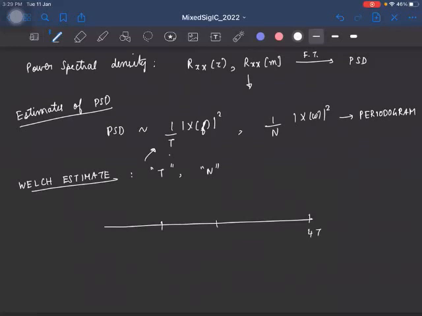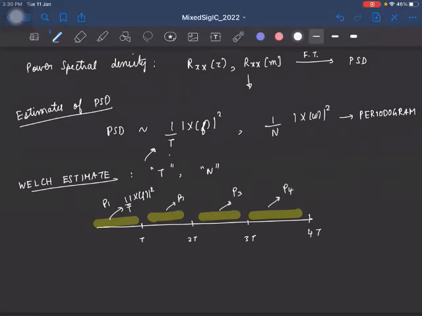So I'll have 4 segments, each with an interval of t. So this is t, 2t, 3t. Okay. So what we do is for each segment, we find the periodogram estimate. That is, we find the magnitude squared of X of f and divide it by the time t. We do that for all these 4 segments. So let's say this is giving some p1, this is giving p2, this is giving p3, and this is